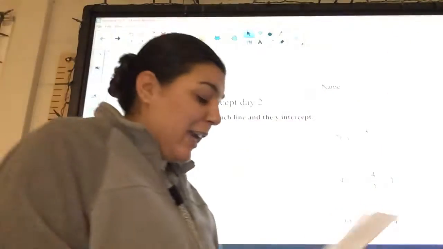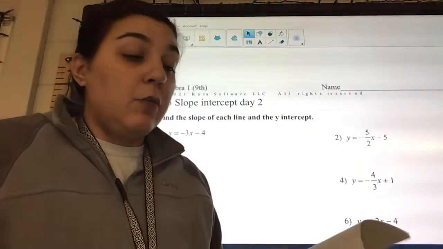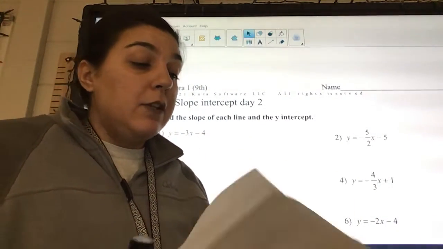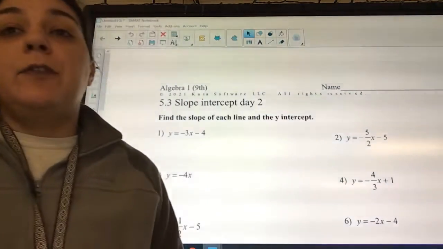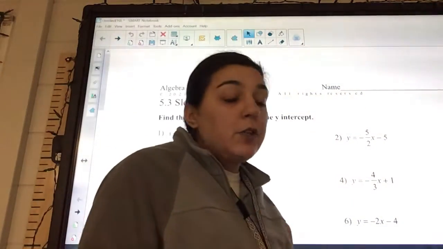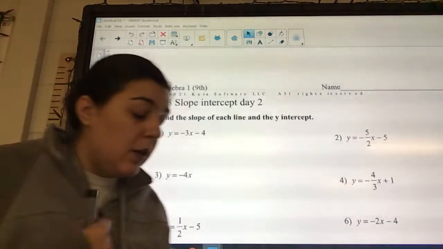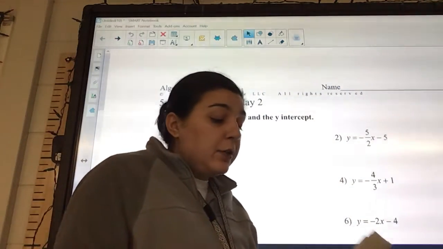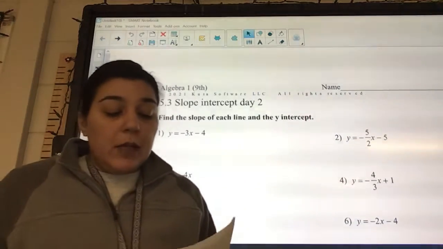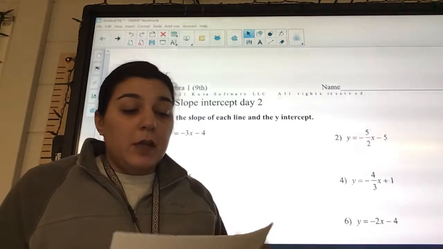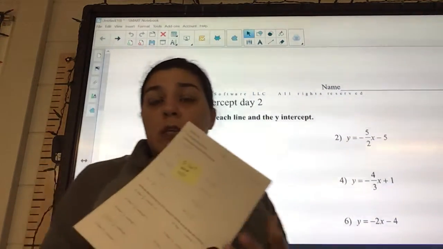So we did this exact sheet yesterday. Well, not the exact, they were all different problems. But today is just spending an extra day. If you did not do the sheet from yesterday or Monday, you need to do those first, okay? You're gonna have a hard time doing this one when you haven't done the other ones, okay? So make sure that you get that done first because today I'm gonna go pretty quick because we literally did